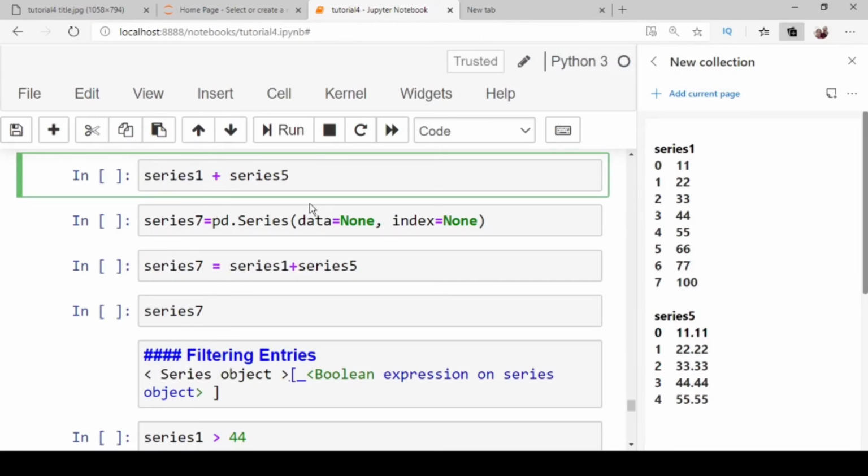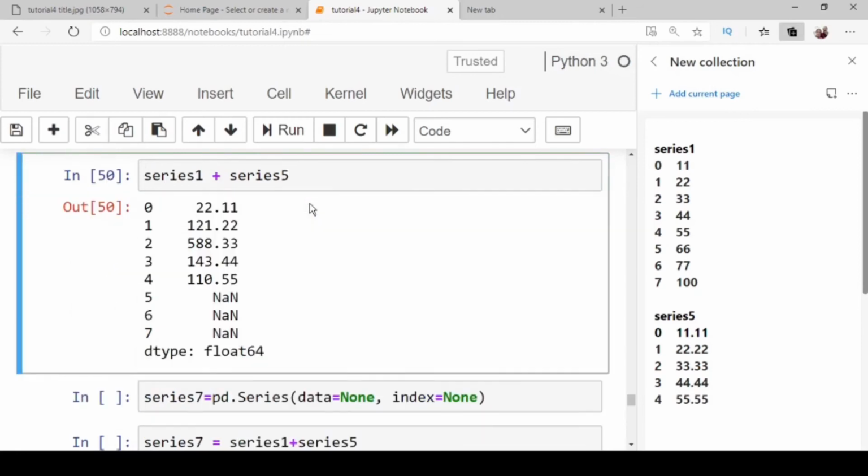We execute it. Now we understand this. If objects have matching and non-matching indexes, then it will add the values of the matching indexes if they have.